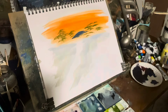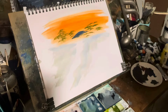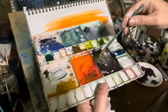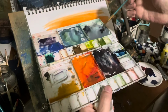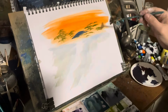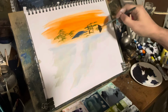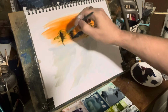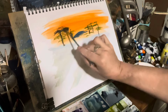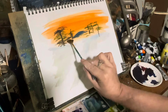Now, I think the most important part about this learning process, and I'm learning every time I paint, is that it's about water control. Okay. So what you want to do is make sure that your paints are diluted pretty well, okay? Otherwise, you'll get the pigments on there really thick, and they're hard to come off,